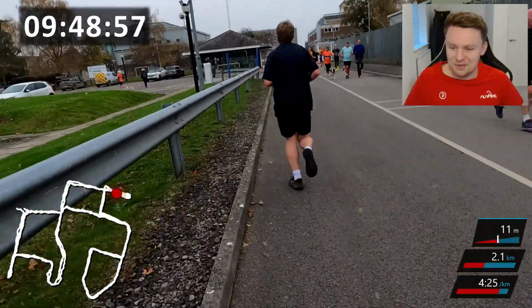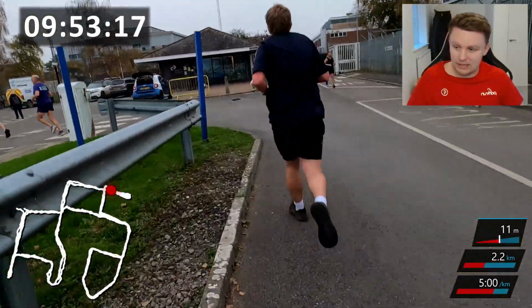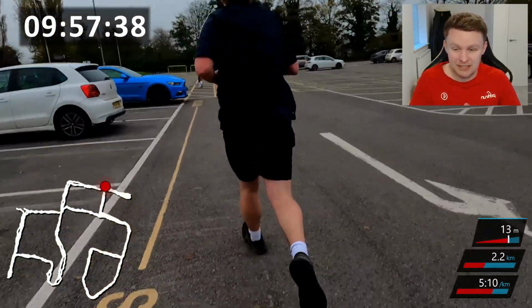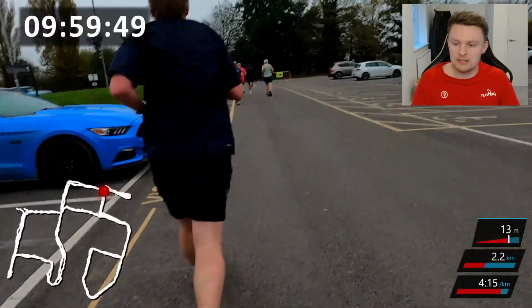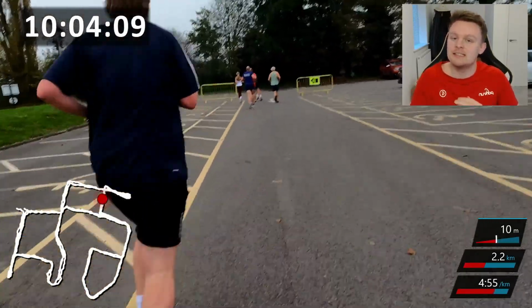So that is that U-turn done now, and we're about to turn off to the left. Thankfully the car's cleared now, so there's no car in the way. And it has spread out too, because at the start you could see it was very, very busy and quite congested, but now it's nice and spread out, so overtaking is a lot easier and you can run at